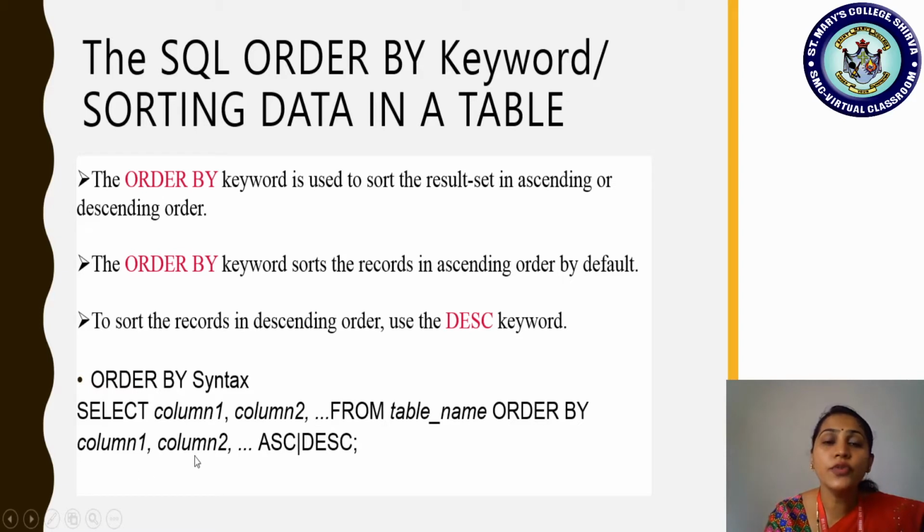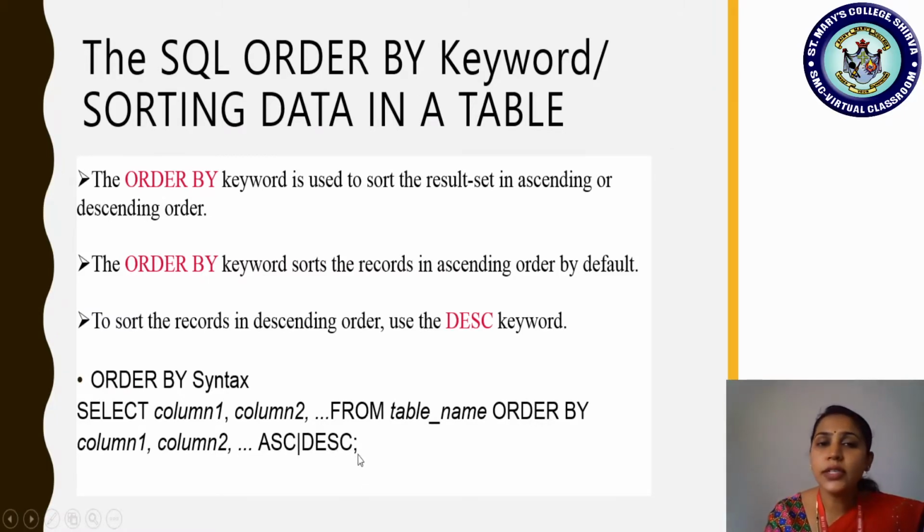Suppose you want to sort the data with more than one attribute, it could be average and grade, something like that. If two columns are there, then you can mention order by average comma grade. Okay, so like that any number of columns you can take into consideration to display the result in a particular order. So this is the syntax, very easy. And if you want to view the sorting in descending order, then only you should mention DESC and end it with a semicolon.